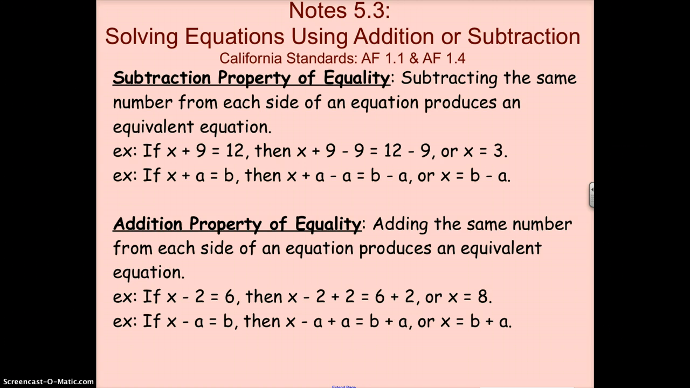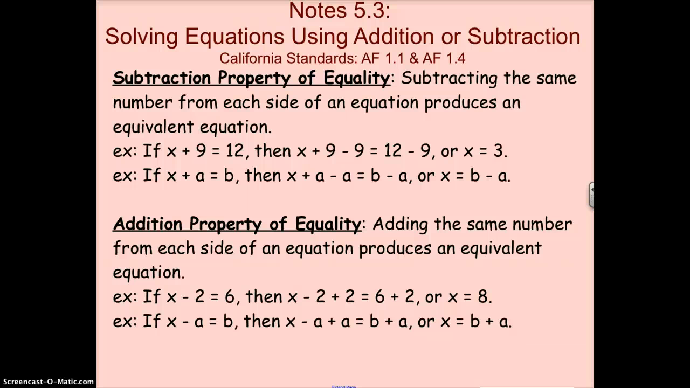So let's go ahead and take a look at two of our properties. We have the subtraction property of equality and the addition property of equality. Make sure that you write both of these down. I would include examples as well. Subtracting the same number from each side of an equation produces an equivalent equation. Addition is simply the opposite. Adding the same number to each side of the equation